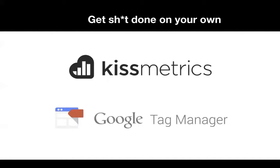I will always recommend you to have a tag manager on your site. It enables you to add JavaScripts really, really easily. It enables you to plug in JavaScripts without even doing anything. You can set up event tracking. If you can even copy and paste some JavaScript from the KISSmetrics site or Mixpanel site, you can now install it on your site and actually track some stuff. Never even have to get a developer. So check out Tag Manager. Maybe take a course on Udemy on how to write JavaScript. Be really easy. Now, for the sake of being simple, I'm going to talk about KISSmetrics in this example because